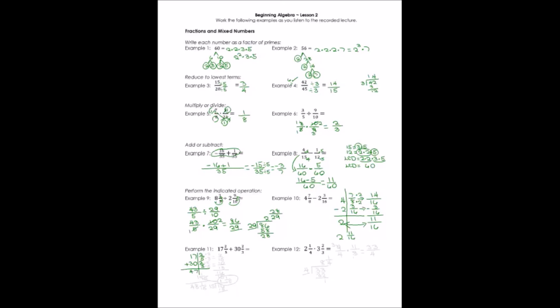Now, adding fifths and thirds, I have to have a common denominator. My common denominator is going to be 15. So let's translate these. I'm going to have 6/15 for my first fraction. And for my second one, I need it to be 15ths. What do I multiply both by? Fifths, 5 over 5. So that'll be 10/15ths, right? Now I'm adding. So I'm going to say, how many 15ths does that give me? 6 plus 10 is